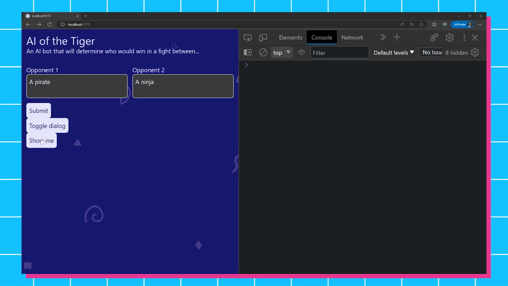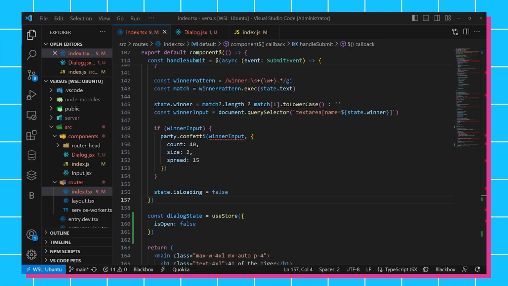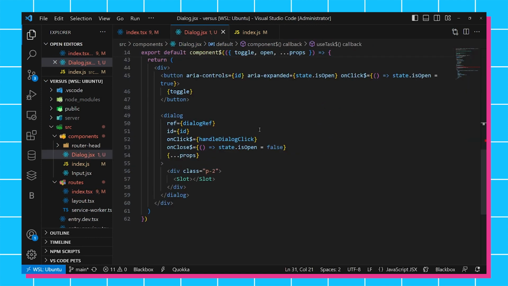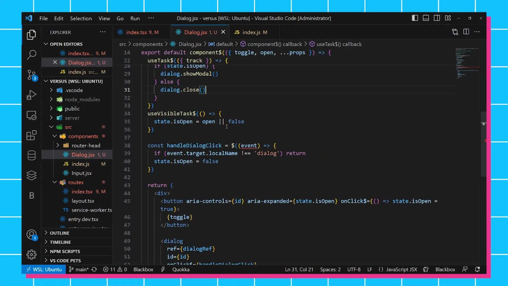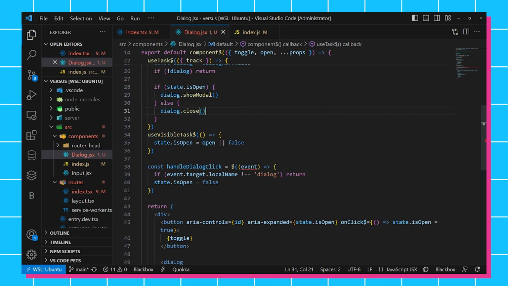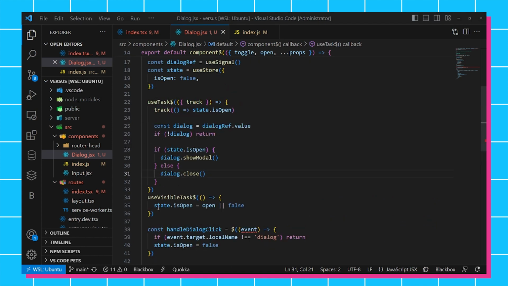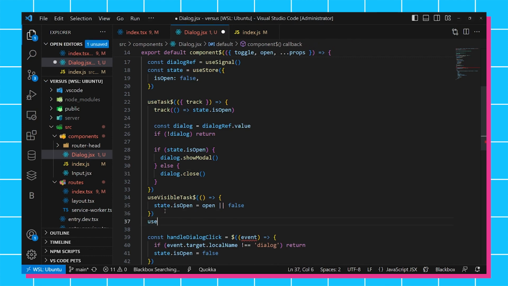So the problem here is that once again, we are passing in this open attribute, but we're trying to control it from the parent. So I want something that essentially watches that open attribute as it changes and then updates the state as well. And so once again, this makes sense for a task. I don't think we need to use visible task because that's not going to need to run on the server differently than on the client. So I think what we can actually do is just use a task once again,